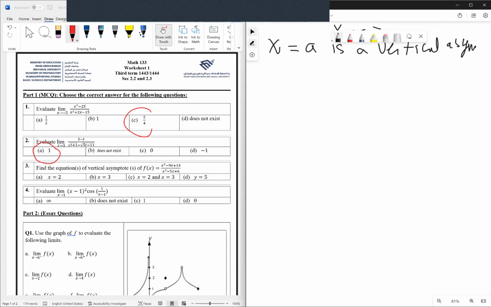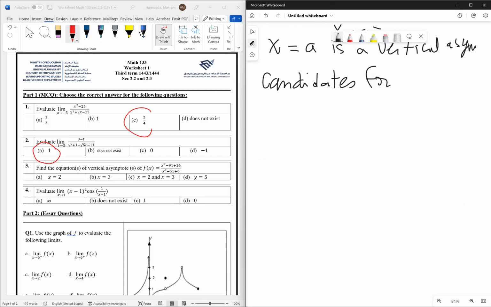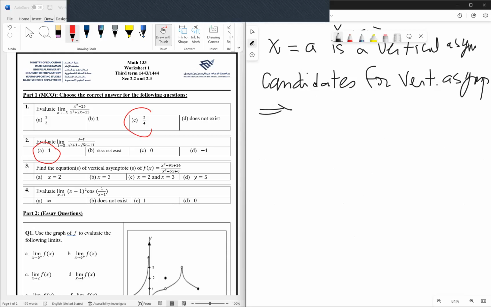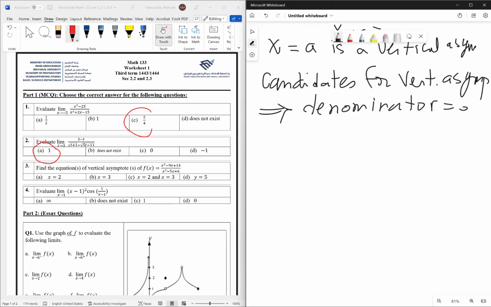So we will try to find the candidates for vertical asymptotes. Okay. What does mean candidates? For me, it means denominator equal to 0, where I have a problem. Okay, so I will solve